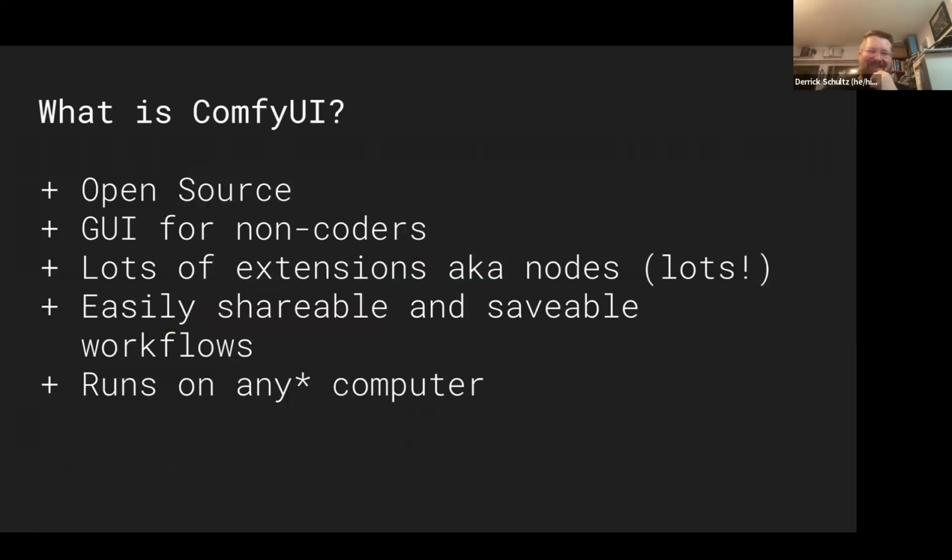Sorry. The other thing I think is nice is this is really the first tool that I would say is a GUI that is expressive. There are a lot of GUI tools for image generation, or even something like ChatGPT that can generate images. The problem with those is that they tend to be very, very limited. Most people, when they make a GUI tool for text to image, you get one text box, maybe a couple of selectors, and then you get an image output. So this is one level of abstraction further down the pipeline, but it allows for a lot more expressiveness than those other tools do.